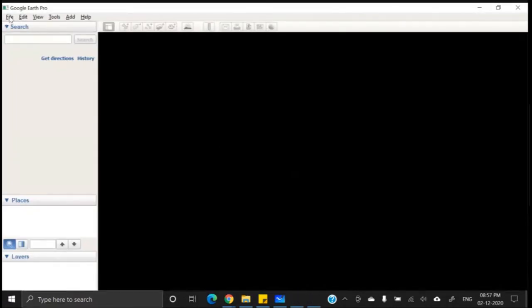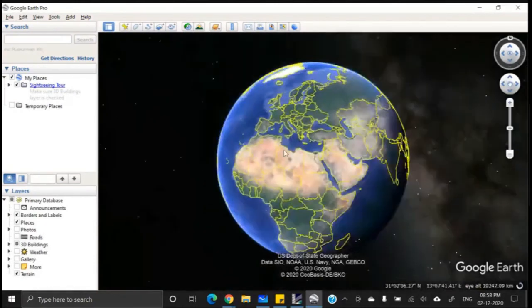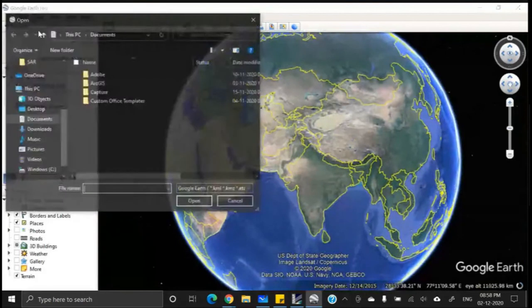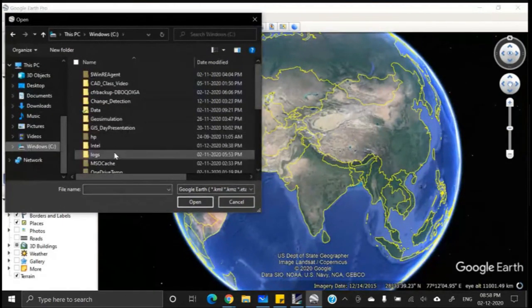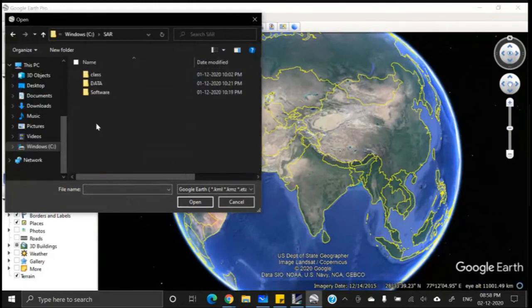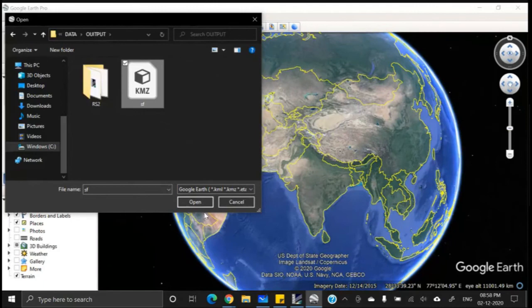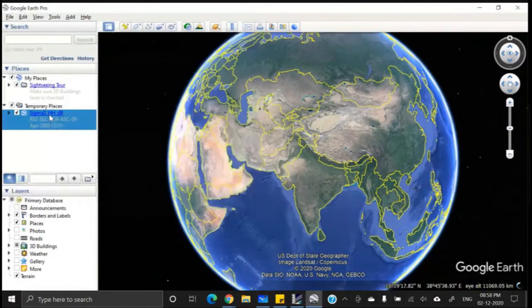First launch Google Earth. Okay, it has been loaded. Now go to File, Open, and go to the folder where you have saved it. Select the output sf.kmz and open.